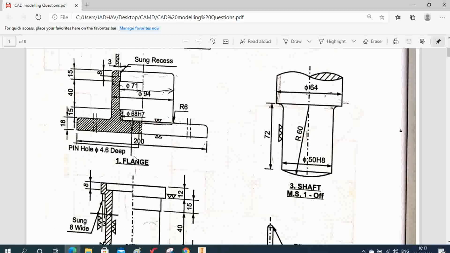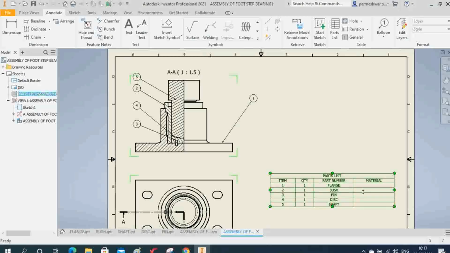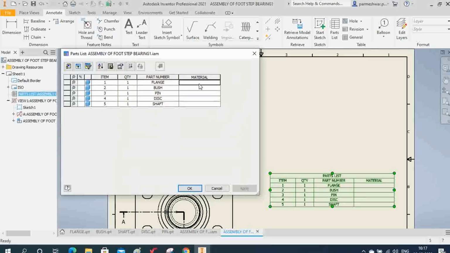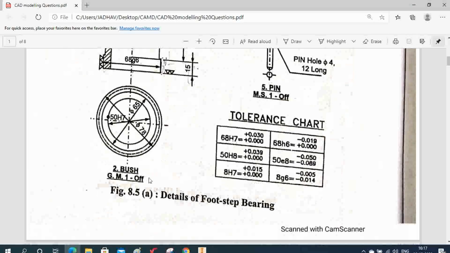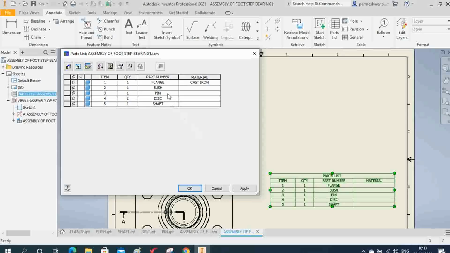The main body is what? Flange. So main body is always many times it is cast iron. Okay, so for flange the material is cast iron. So click here, double click, and here you can enter and write cast iron. Okay, what is next? Bush. The next material is GM. GM means gun metal. Okay, so you can enter that. The for bush it is